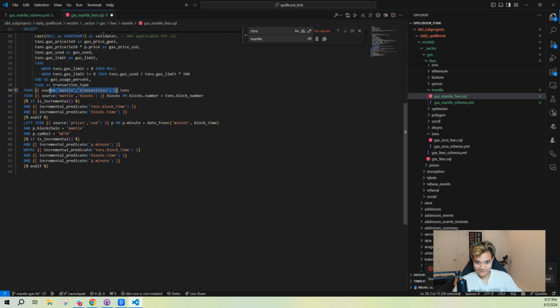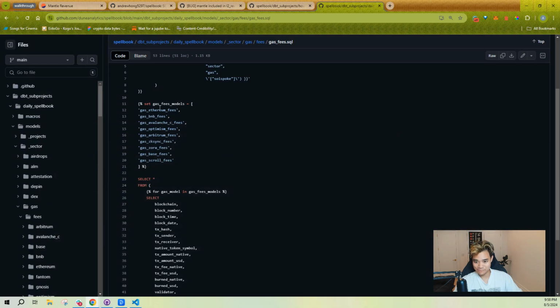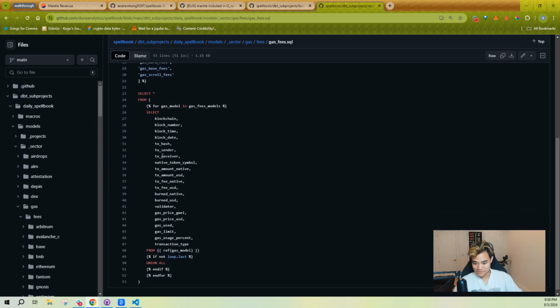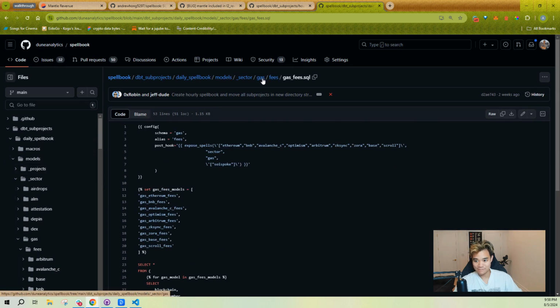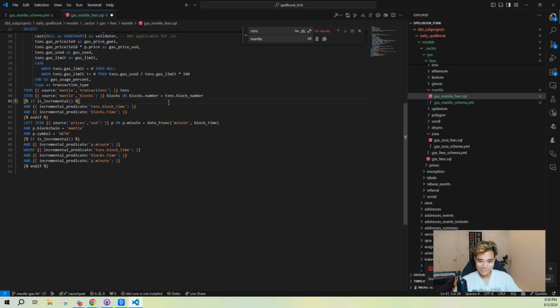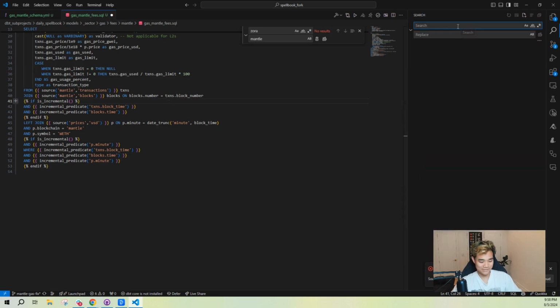So something key to note here is there's source. So source is querying basically a table within Dune or a table that's part of a different sub-project here. Ref is something you use if the spell or table is within the same sub-project, right? So for example here, these gas models use a ref because it's within the same sub-project. Again, that takes some getting used to,